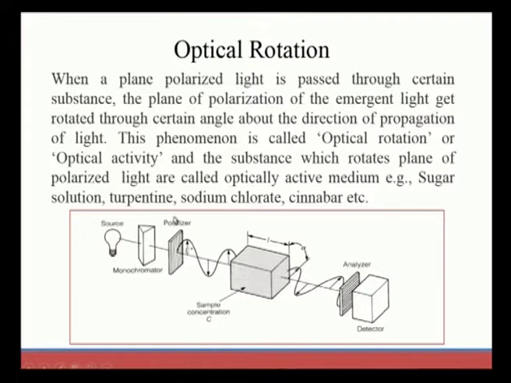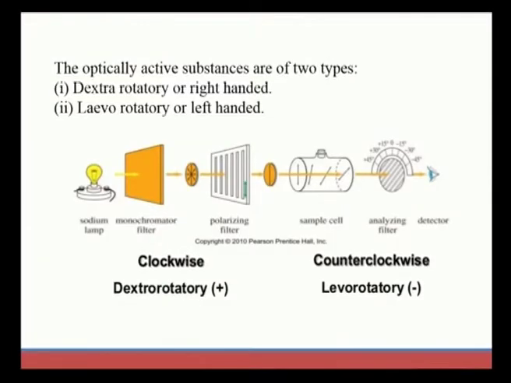This optical activity has certain characteristics, and there are different laws about this optical rotation. There are certain laws that we will discuss in the upcoming slides. We need an optically active substance for optical activity, which changes the plane of polarization by a certain angle. So an optically active substance has to be there for getting optical activity.